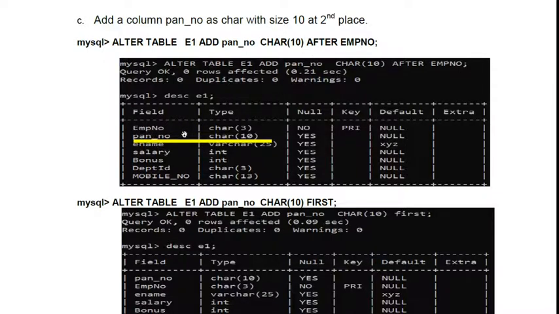Using after you can represent second onwards all the places, but not the first place. That's why first is defined. For the second place you need to write after employee number. You have to see which one is the first column name. If the first column name is department ID, then you write after department ID. If the first column name is employee number, then you write after employee number.